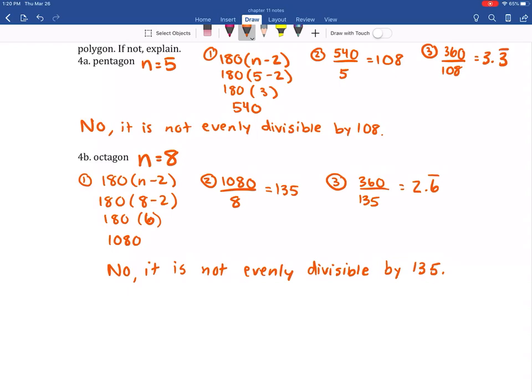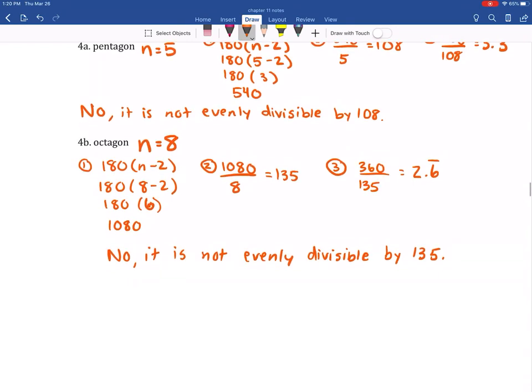So both of those answers are no. If it was yes, it would come out to be a nice even number. Okay, no decimals because we would have no overlaps there. So that is the end of section